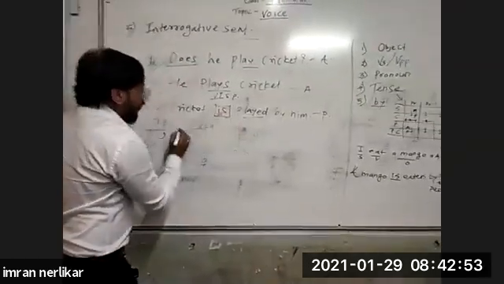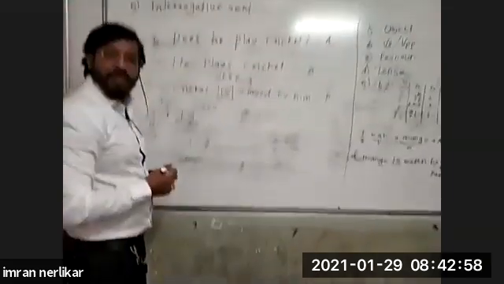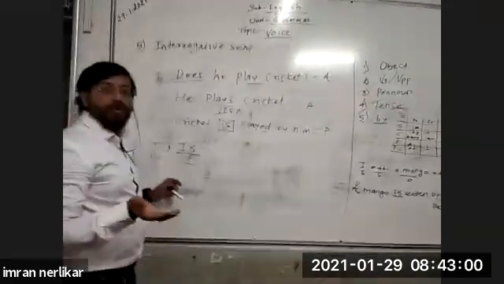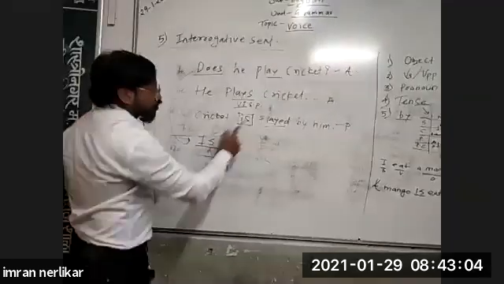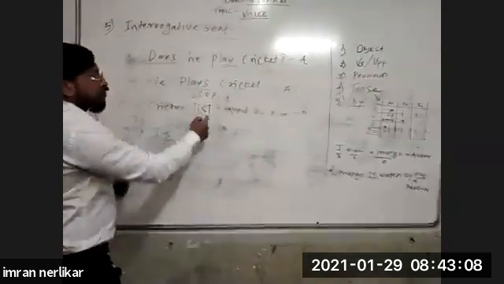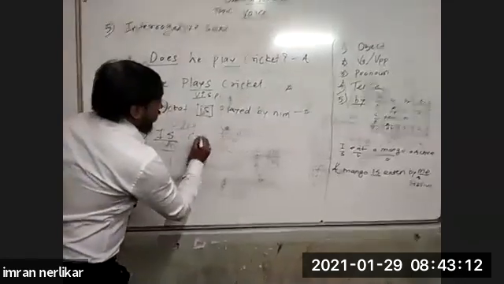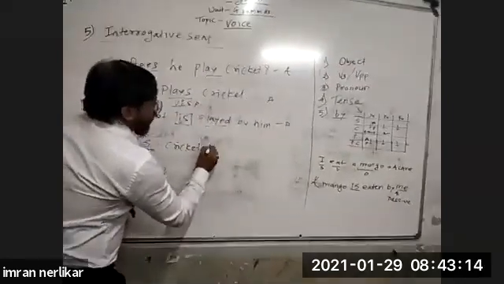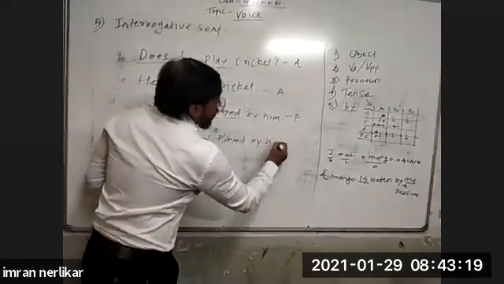First of all, you have to begin the question with a helping verb. Only then will it become a verbal question, because the pattern of a verbal question is that it begins with a helping verb, a modal auxiliary verb. So take the modal auxiliary verb which is given in this sentence first. Is cricket played by him?